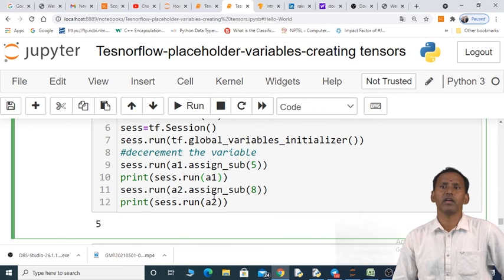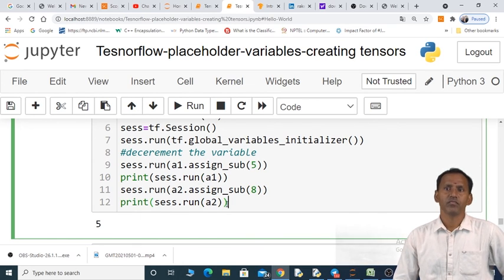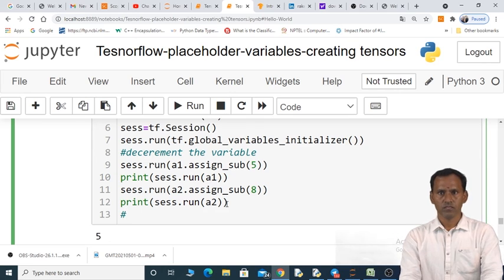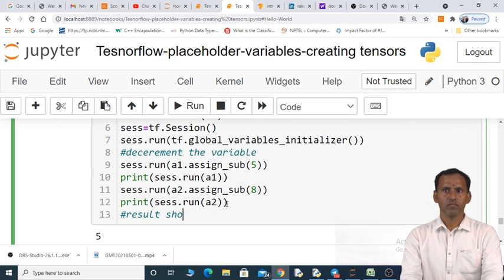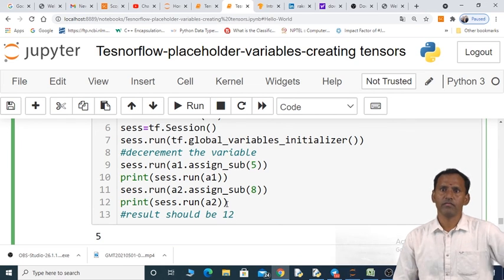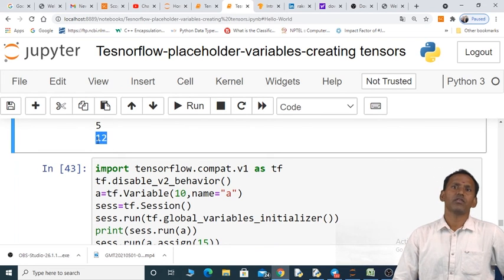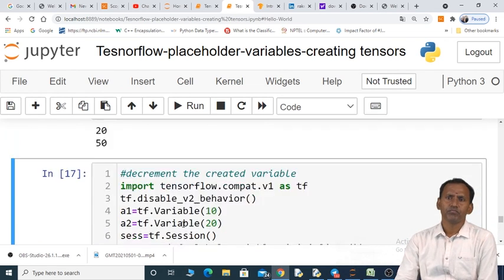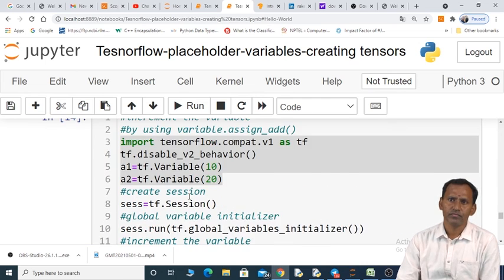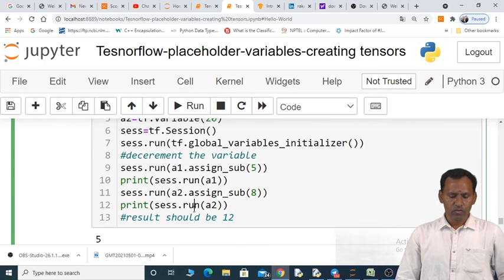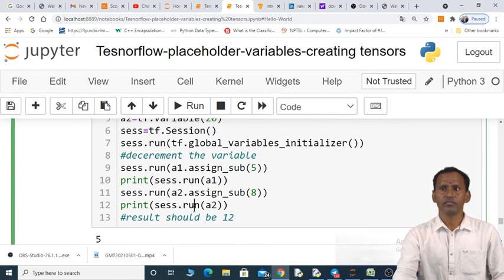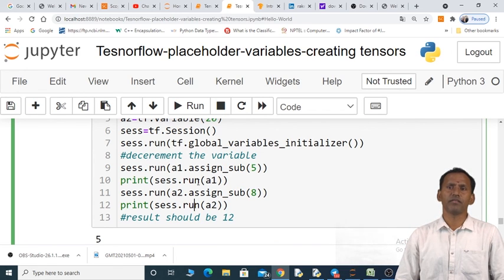Now you can see 20 minus 8, the result should be 12. Yes, we got 12. So like that we can update a variable. So this is the concept of the variable class in TensorFlow.